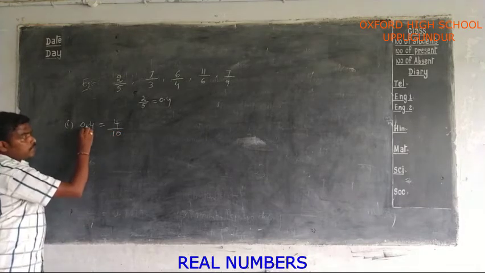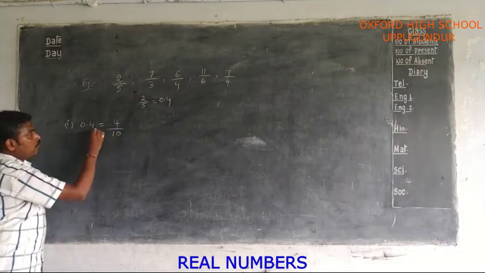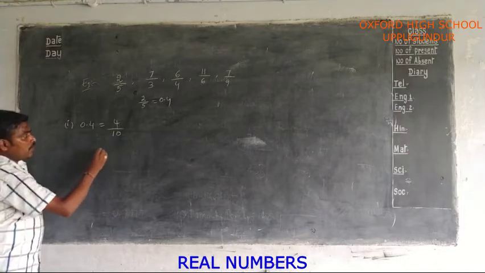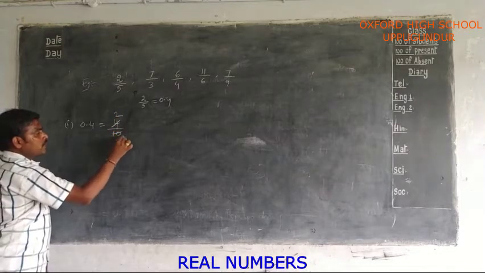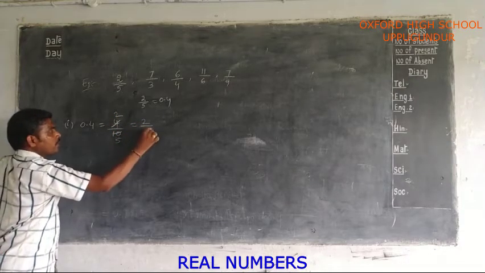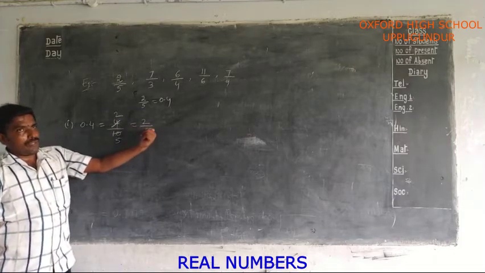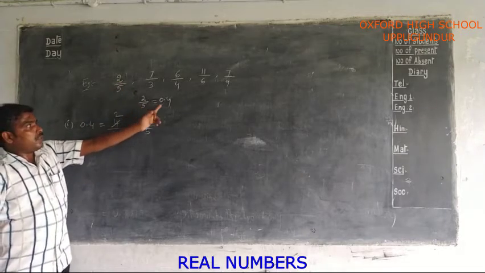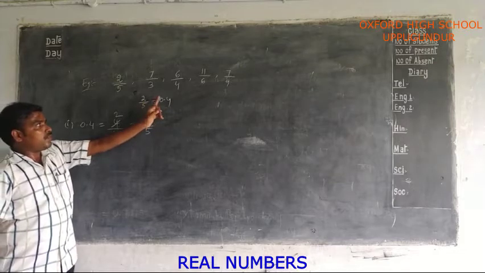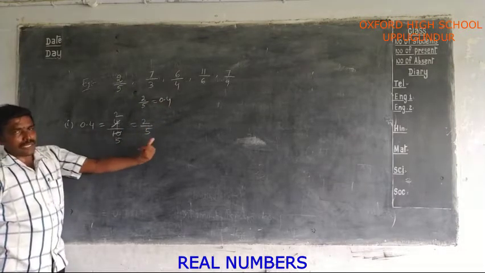So here, based on the digits after the point, you have to keep 0s. So 4 by 10, 0.4 equal to 4 by 10. After that, simplest form of 4 by 10. Here both 4 and 10 having 2 is common. So 2 2s are 4, 2 5s are 10. You will get 2 by 5. So we are converting decimal form to rational form. Just now we wrote decimal forms of a rational number; now we are converting terminating decimals into rational numbers.